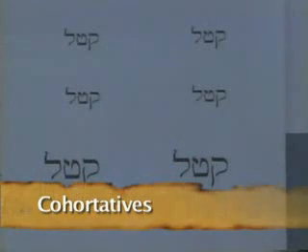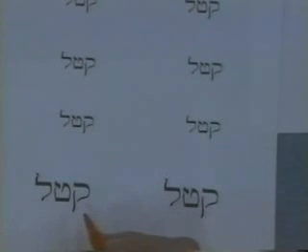Now, let's take a look then at the first-person volitive forms, the cohortatives. Again, we're working just with first-person forms. So the first-person common singular from qatal is what? Eqtol, right. So eqtol, and the first-person plural form is then, good, niqtol. Right? Okay.